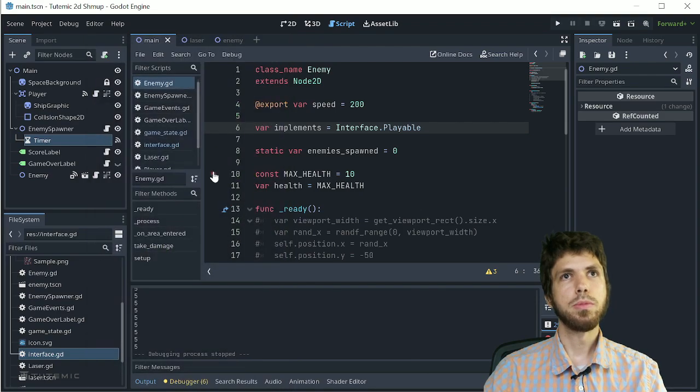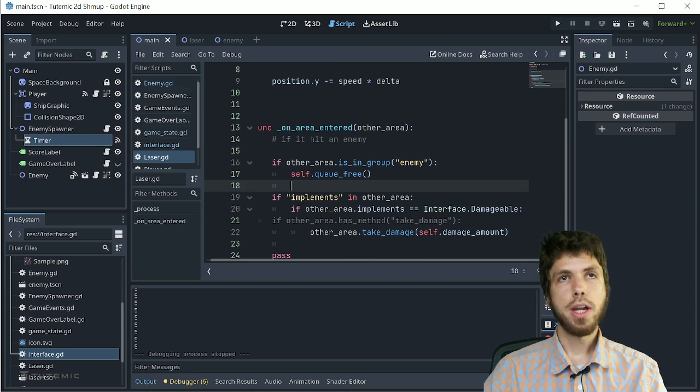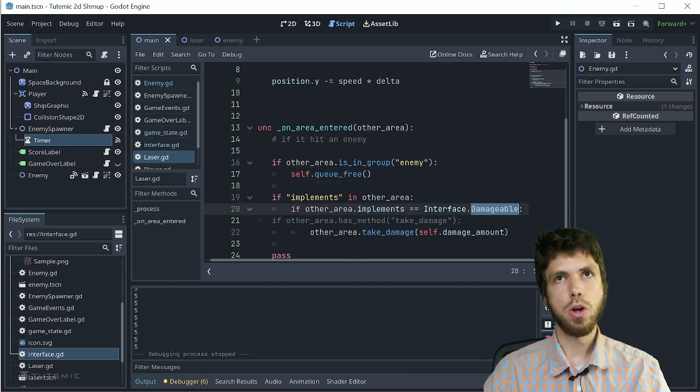Which is awesome, because even though we are checking to see if implements is another area, implements is there, but it doesn't implement specifically this particular interface, okay? It'll only work if the other area specifically implements this damageable interface, right? Now, in an official implementation of this in GDScript, it would probably be something like, does other area implement this particular interface? But notice how you can use autocomplete, and if anything changes, we call it something else,